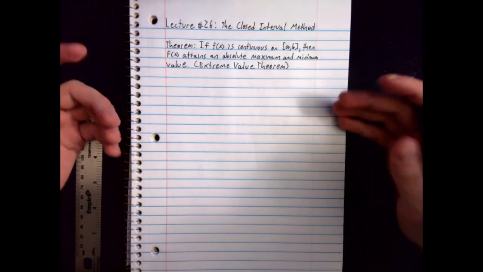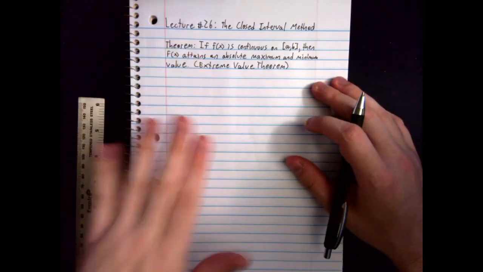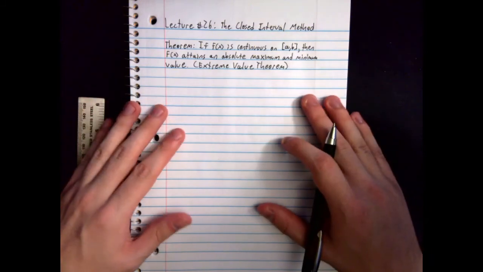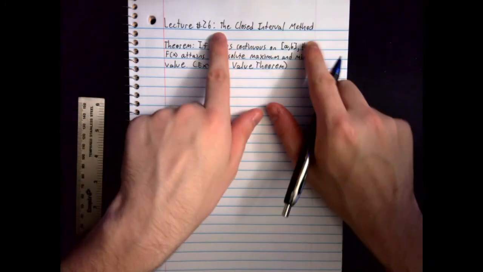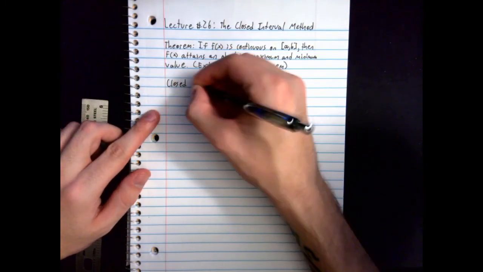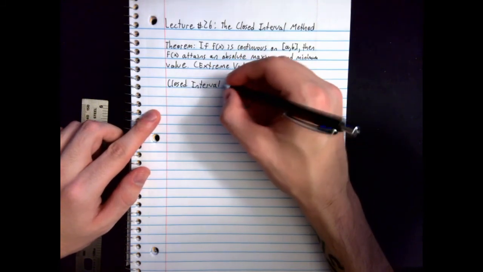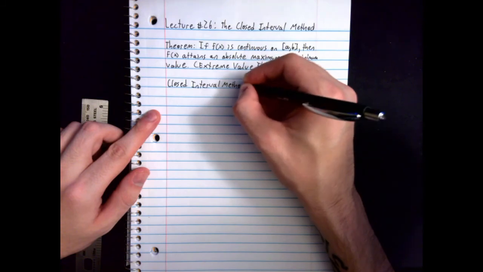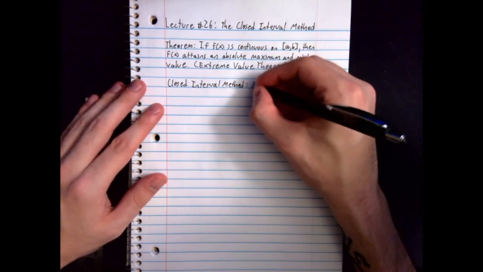Anyways, so the extreme value theorem guarantees us that we have these special points. So how do we go about finding these particular points? That's what I want to talk about for the rest of the lecture. And the way that we do this is through something called the closed interval method. Not everyone calls this by the same name, but it's the same principle no matter how you slice it. So to find